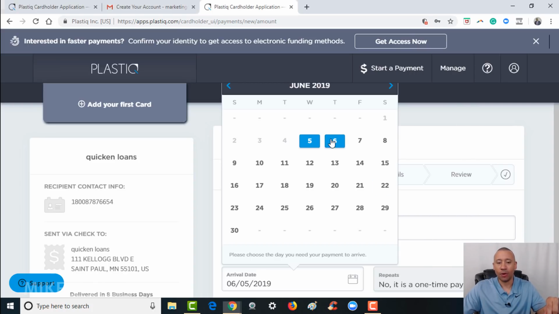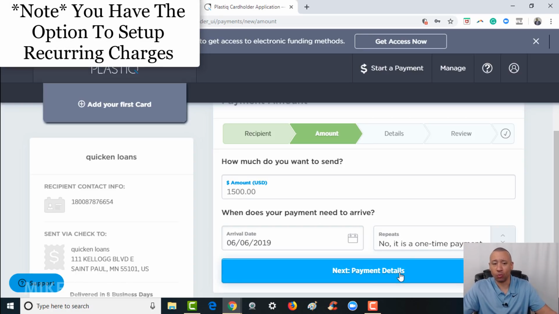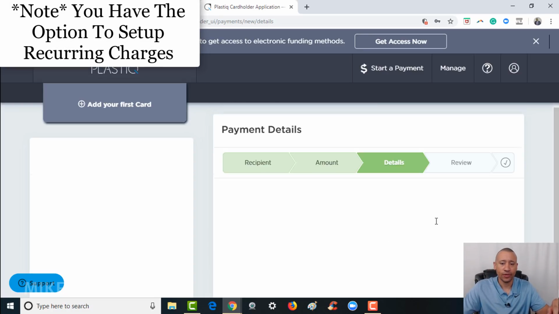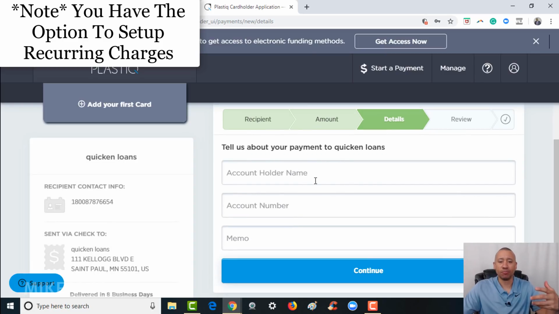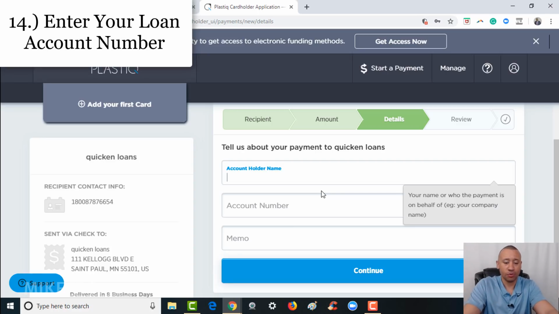So either way, we'll pop that in there. I'll just put the 6th. And I'll just put, this is not a repeat, okay? Because you can set this up with a recurring payment, or if it's just one time, I'm just going to put one time for now, okay? And then the next step is to put the details about your loan. So they know where to send the money, but whose loan is it? So you put your name in there,